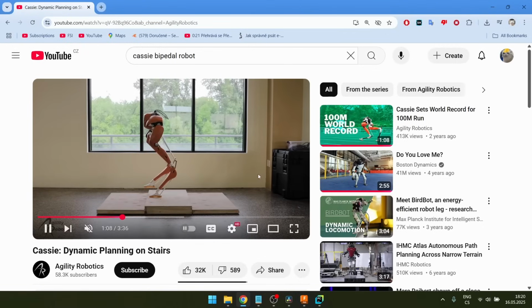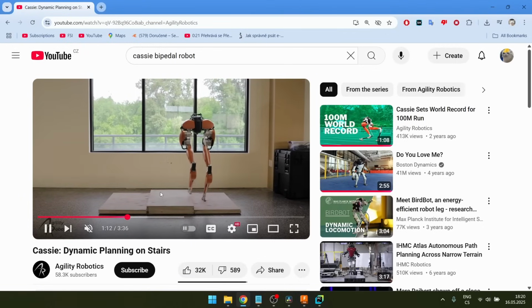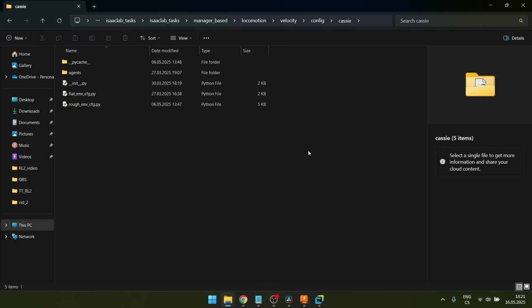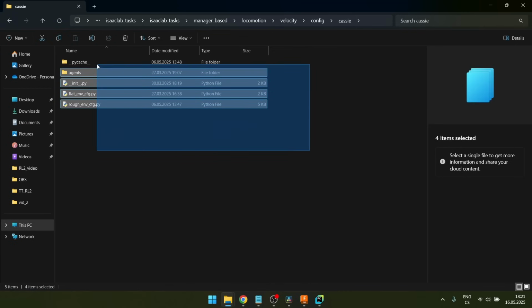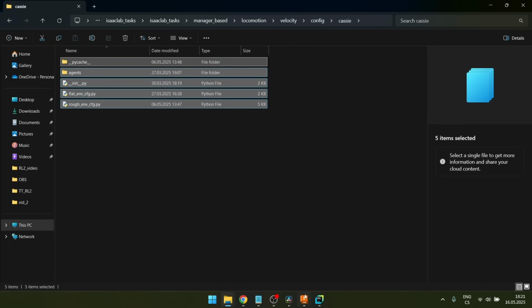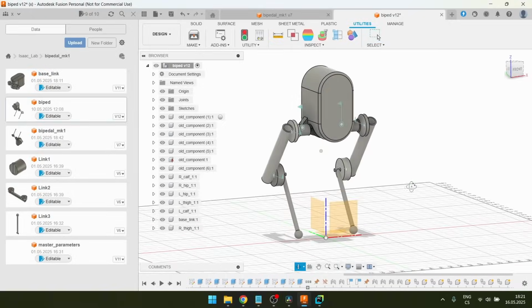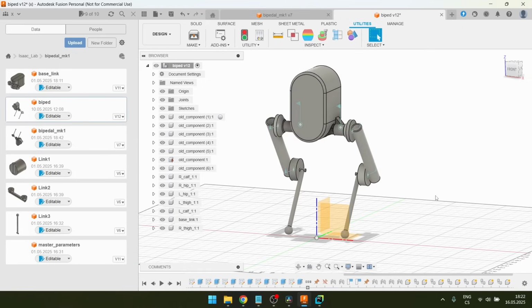Now we finally got to the interesting part. This is the Cassie robot. They actually have this robot inside Isaac Lab. So my plan was to borrow these files and modify them for my custom bipedal robot. Since I haven't found any tutorials on how to do this, I was just gonna wing it, and holy shit